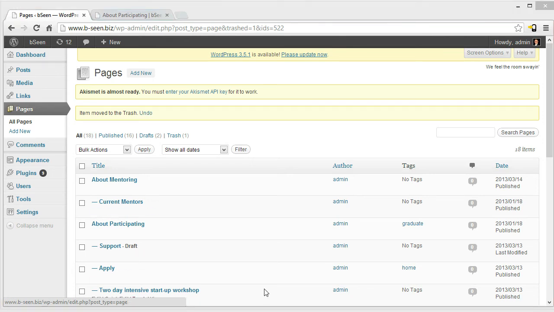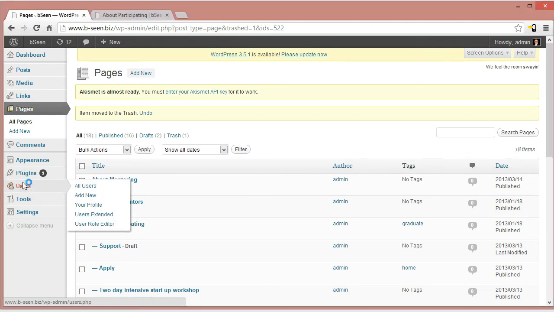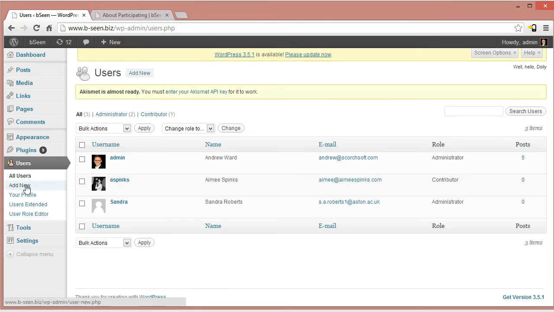So a few other things I want to talk about, one of which is probably pretty important and is something you're going to need to be doing moving forward, is administering users. There's not many users in the system at the moment, and there's going to be two levels of user really. There's going to be an administrator, which is people who are coordinating the BSEEN program,